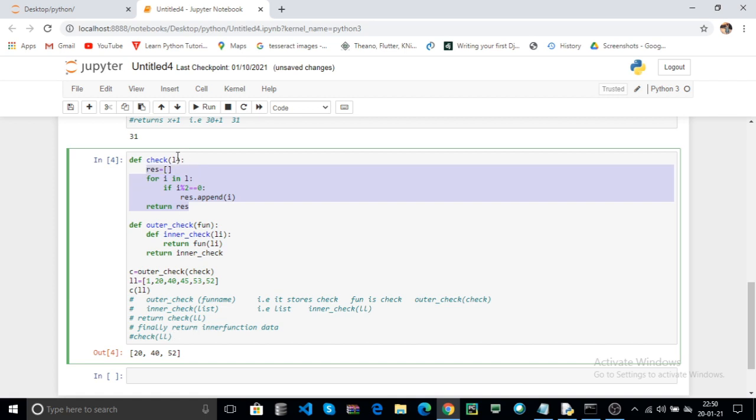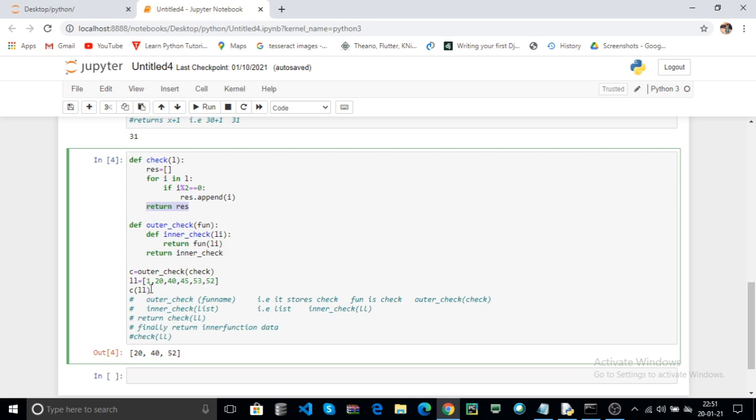Here l contains the ll data. It iterates over every list item and checks if the list item is even, you can append it to your res list. And finally return your even item list, that is res.